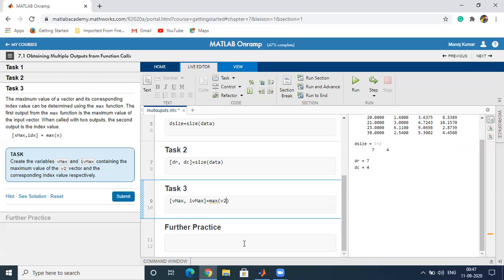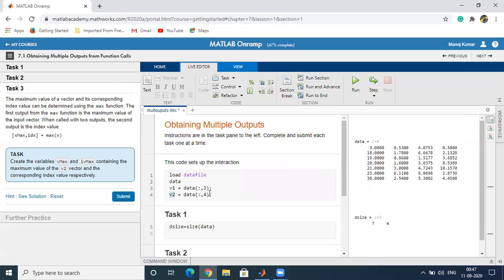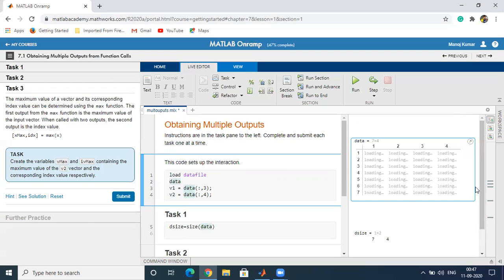Now you can see the v2 vector here. The v2 vector is the fourth column of the data. Now we have to calculate its maximum value. You can see its maximum value is 10.1570, which is at the 1, 2, 3, 4, 5, which is at the fifth place.